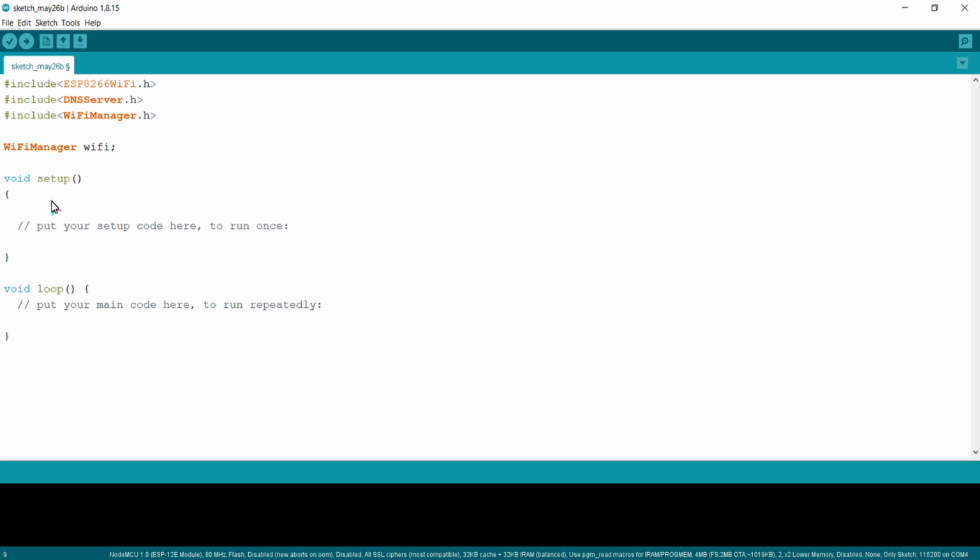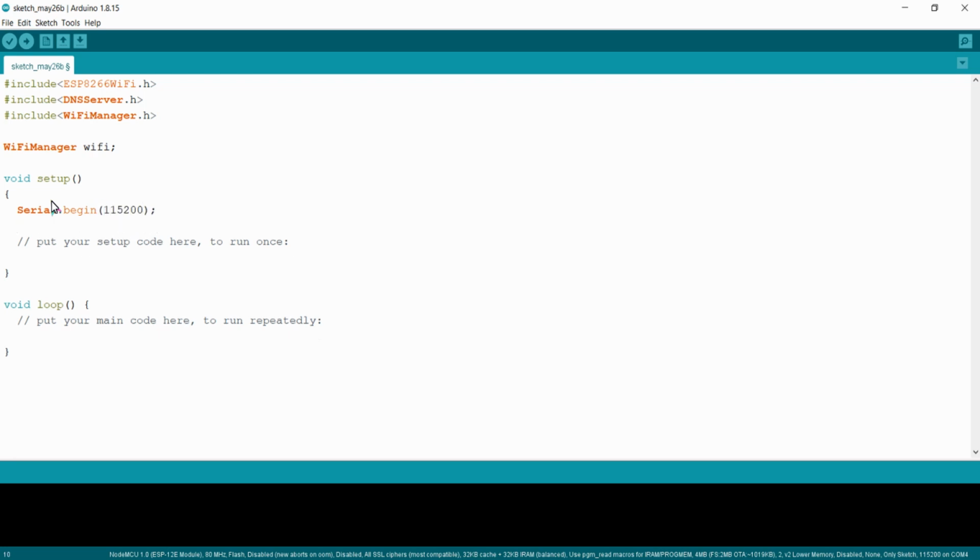Coming inside the void setup, I am going to initialize the serial monitor with a baud rate of 115200 as usual. After this I am going to start the connection between the NodeMCU and the Wi-Fi router with a method called wifi.autoConnect.